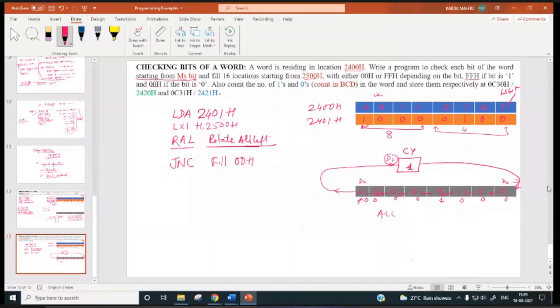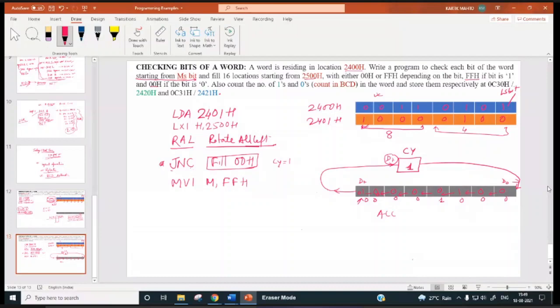So it will jump to fill 00H at this level. So now if this condition is not true, jump if not carry. If this is not true, means carry flag is equal to 1. Then what you have to do? You have to fill FFH. So you can write here MVI M FFH.